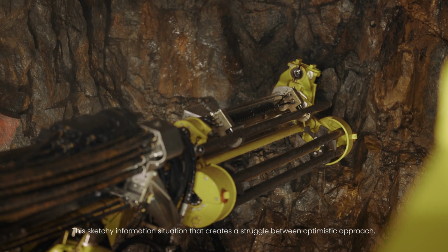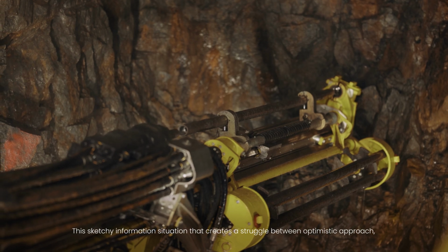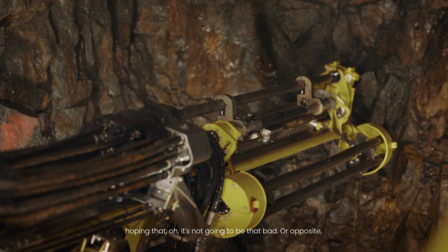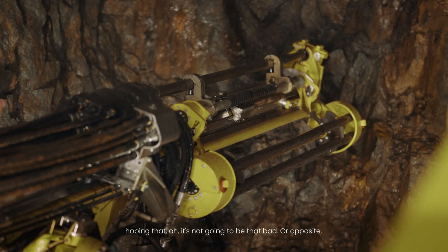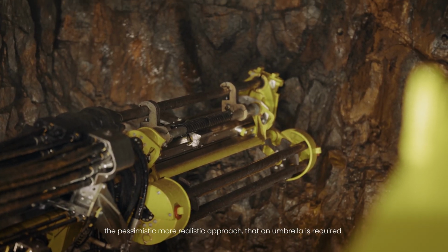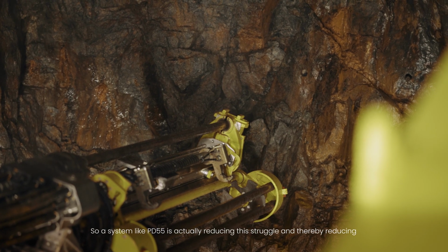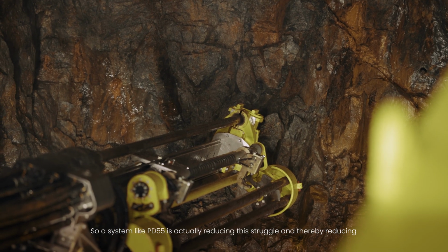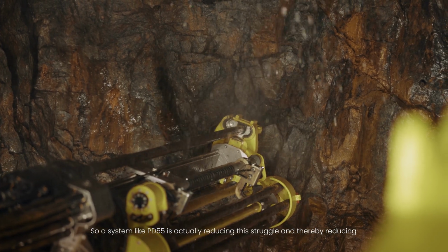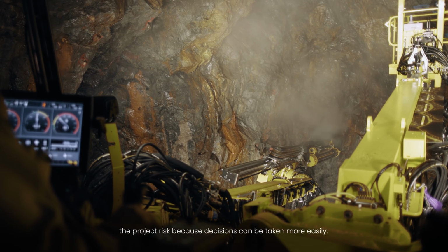This sketchy information situation creates a struggle between the optimistic approach, hoping that it's not going to be that bad, or the opposite, the pessimistic, more realistic approach that an umbrella is required. So a system like PD55 is actually reducing this struggle and thereby reducing the project risk, because decisions can be